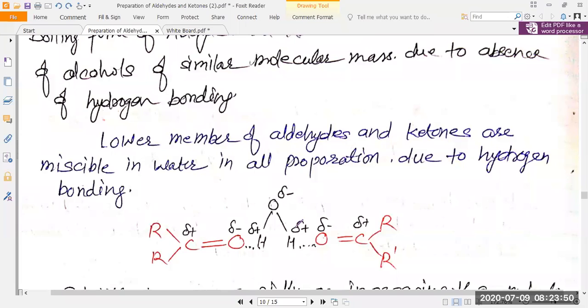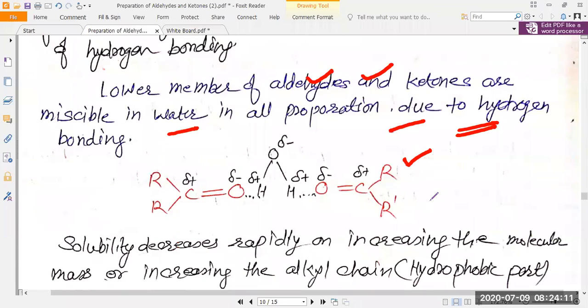Next, lower members of aldehydes and ketones. Lower members of aldehydes and ketones are miscible in water in all proportion. In any proportion, we can mix aldehydes and ketones in water due to strong hydrogen bonding. Lower members of aldehydes and ketones are miscible in water in all proportions due to presence of hydrogen bonding in lower